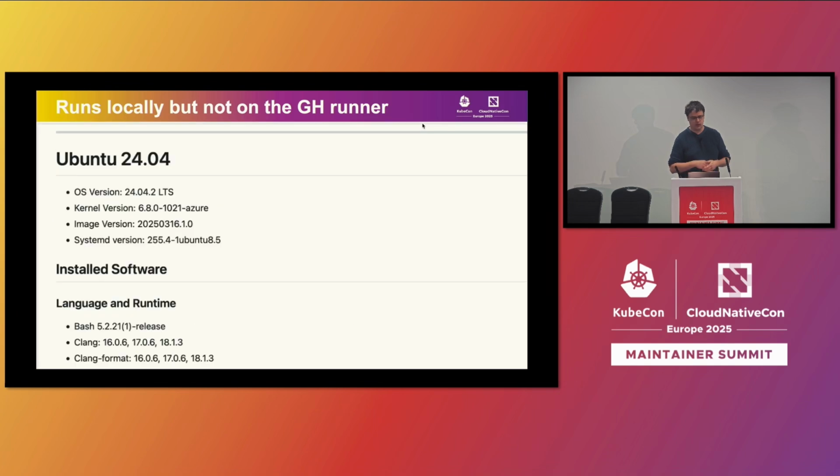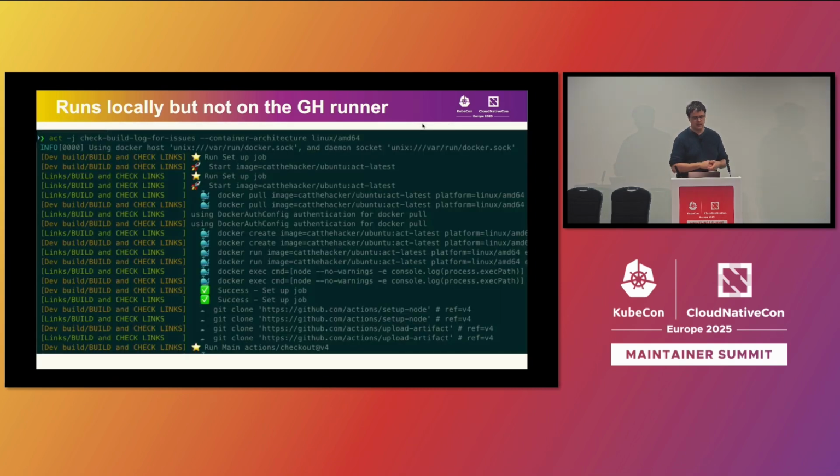So for the first one, it looks a little bit like that. You see, okay, here's the Ubuntu runner, what it has, and there's a long list of things it has installed. There's also, for example, this thing with Bash. I think macOS still has a very old Bash version as a default, or I use different shells from time to time, and then suddenly things behave very strangely. And this is then this command line tool called act.